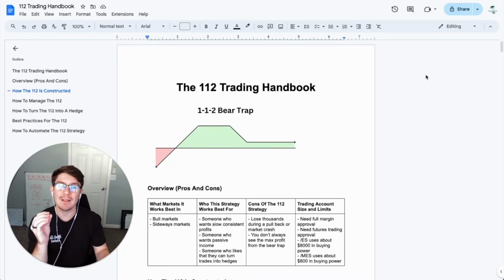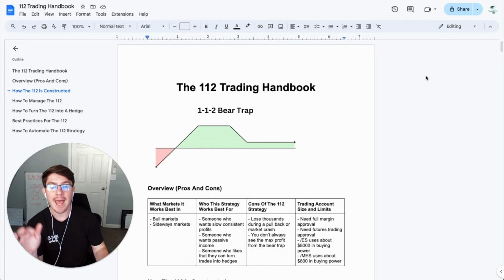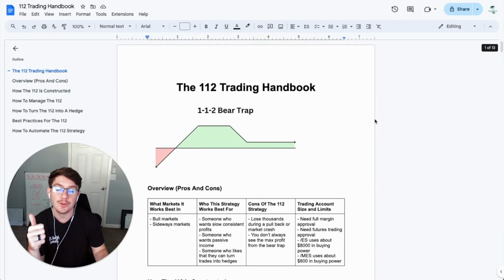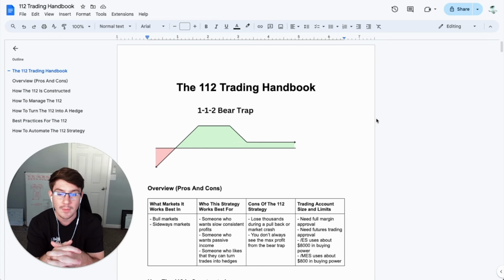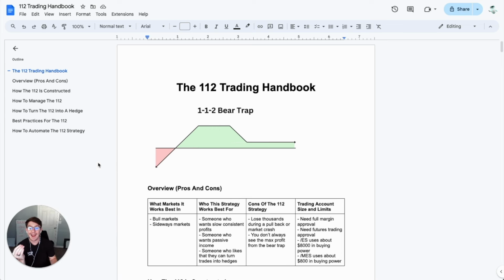Hey guys, I make a lot of money from trading 112s every single month, and I've been trading them for a while. So I put everything I know inside one document. I'm going to walk you through everything in this document so that you know how to trade 112s, whether you're currently trading them or looking to trade them. I bet this will be a super useful video. So let's dive into it, because I go over everything like entries, hedges, best markets, worst markets, and so